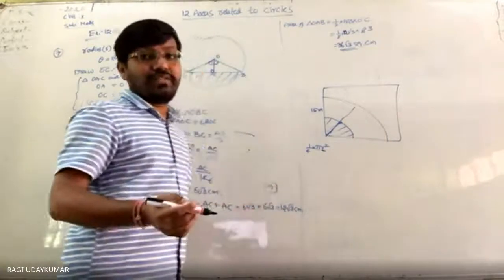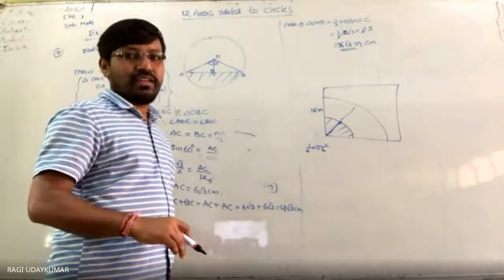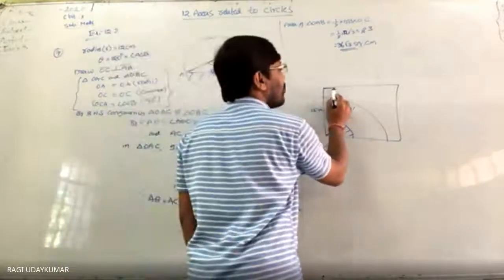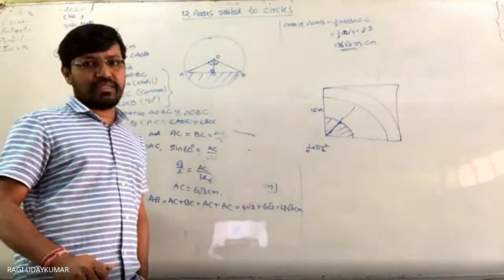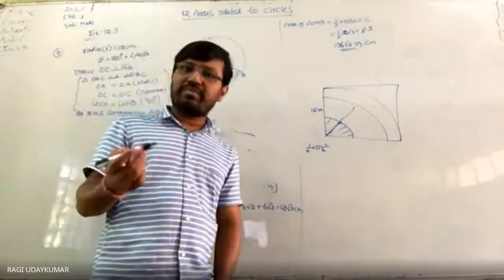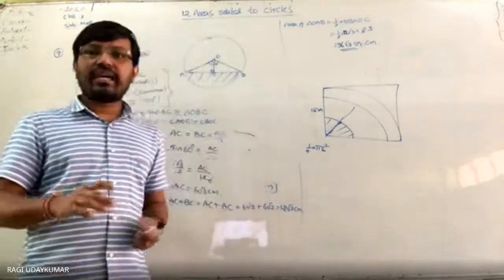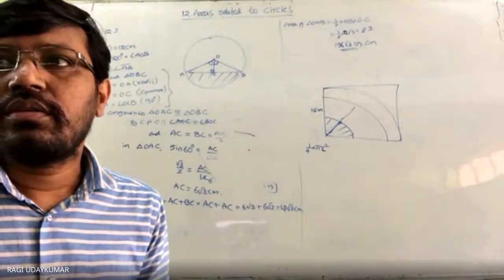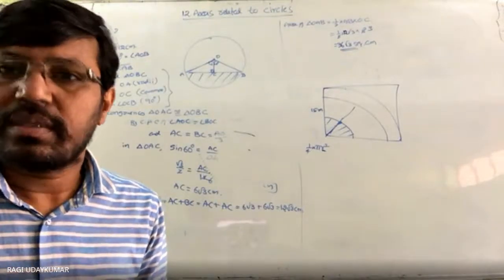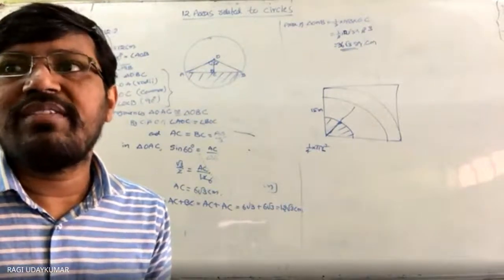Suppose in case the question is given to you as 15, then like this you are going to get it. The radius is 15. So the length of the rope should be taken as the radius. Here it is a simple question, with no complication, I think. Okay? Is it clear to you? Did you understand? Can you do it? Just the calculation part you can do. It's not very difficult, I think.